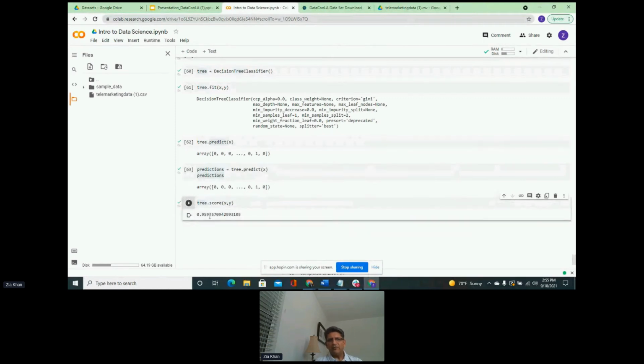So when we run this, it tells us how accurate or how matching they were. It tells us that the result is 95% accurate. So 0.95 means that the algorithm is 95% accurate, which is pretty amazing. And we did very little work. So what do you guys think? Isn't this easy and simple?